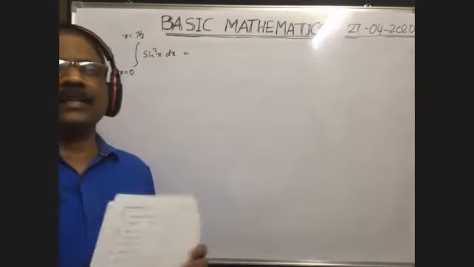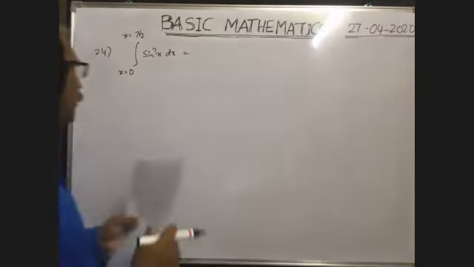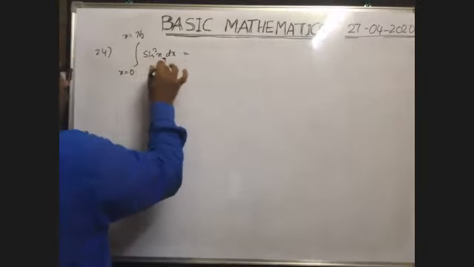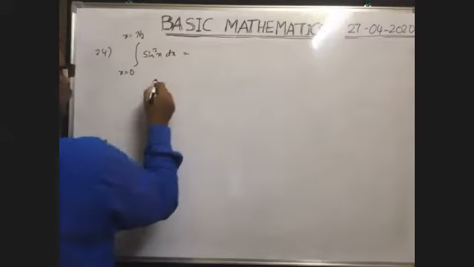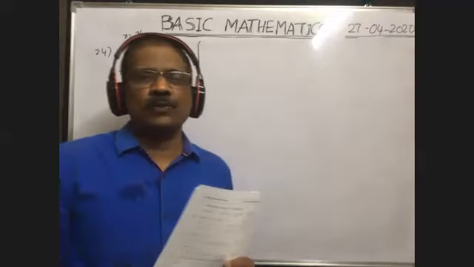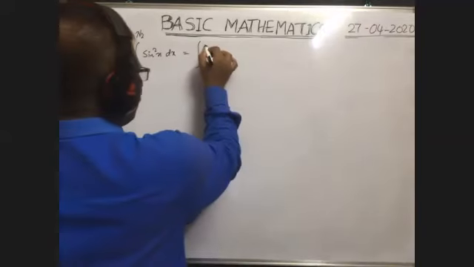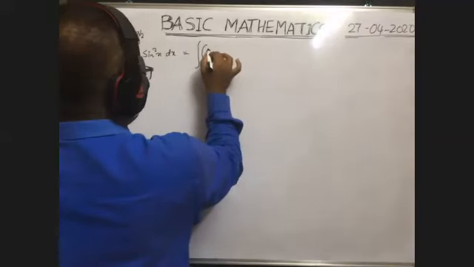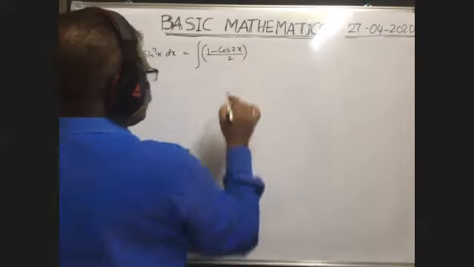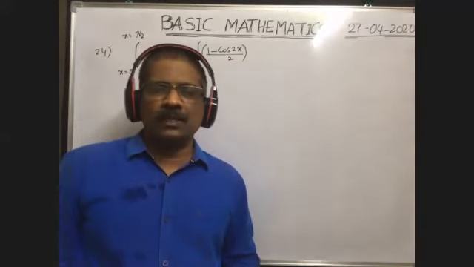First, is it definite integration or indefinite integration? Definite integration. Okay, so how can we find integration of sine square x dx? This is equal to integral sine square x. Directly for sine square x we do not have an integration formula, but sine square x can be written as 1 minus cos 2x whole by 2. Yesterday I think we did this problem without limits.